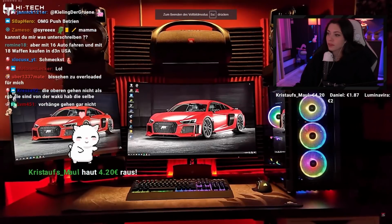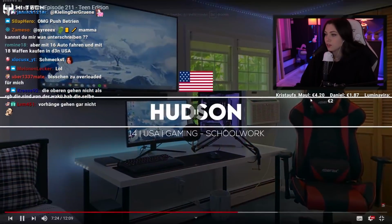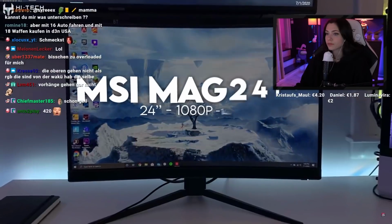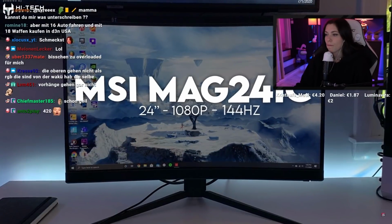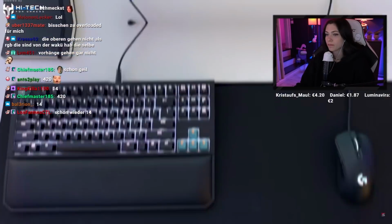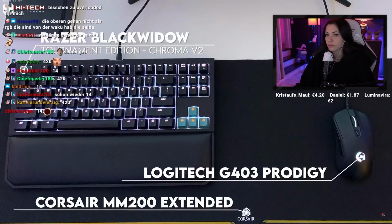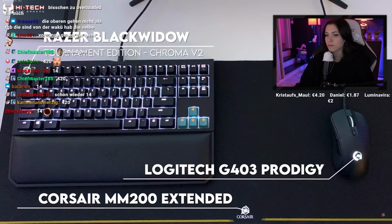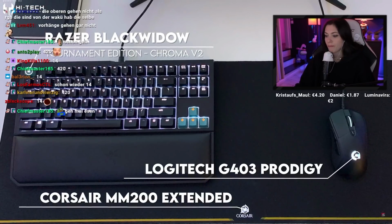Thank you, Casper, for entering. Up next is Hudson from New York and his simple setup that he uses for gaming and schoolwork. It's clean. He's using a single 24-inch gaming monitor as the main display and a 55-inch 4K TV up top as a secondary. For once, we don't have any Corsair peripherals. Hudson is using the Razer Black Widow Tournament Edition Chroma with a Logitech G403 Prodigy mouse, but with a Corsair